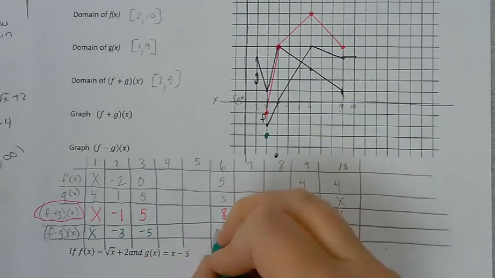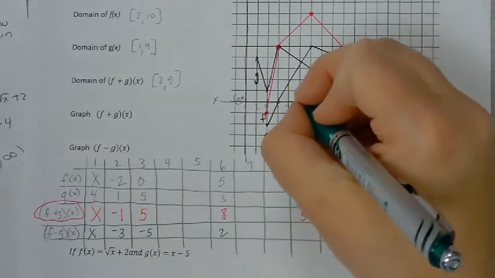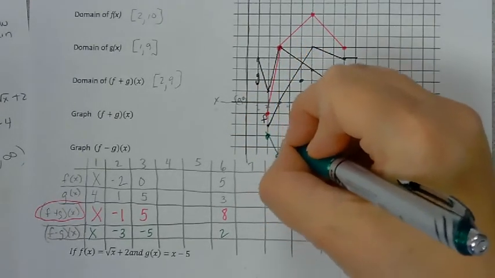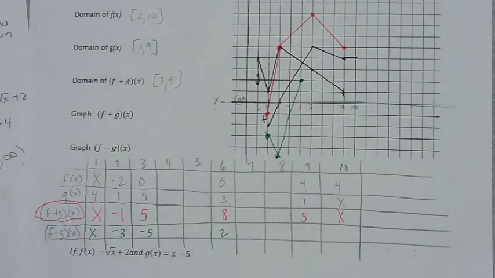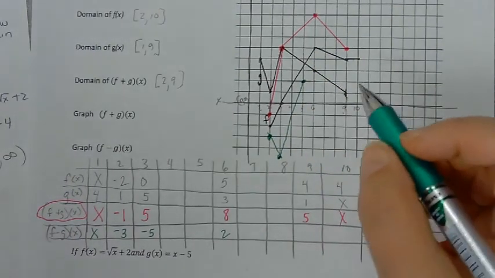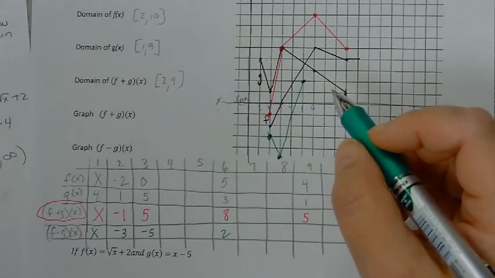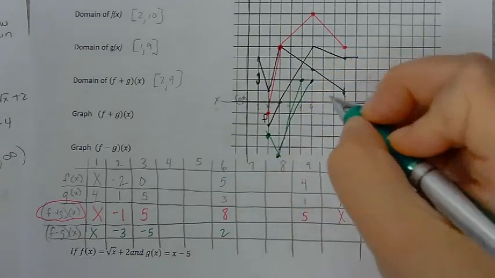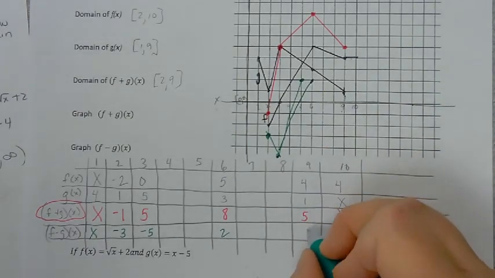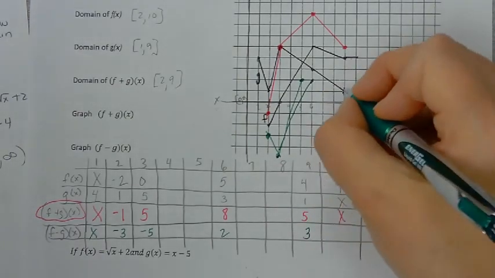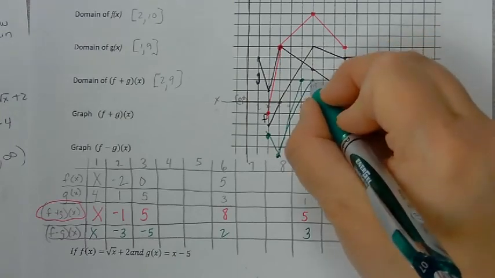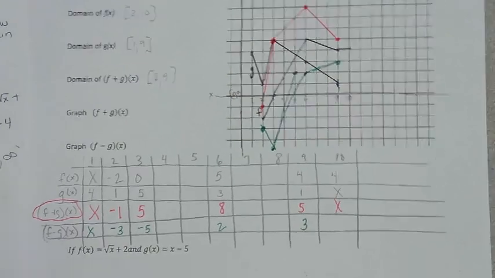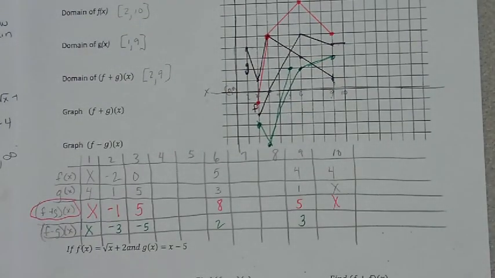At 6, 5 minus 3 is 2. That'll be here. So this one goes down and then back up. Nope, I think I didn't get it over far enough. Should have been right there. And then at 9, 4 minus 1 is 3. So it's going to go something like that. So you can see how making a chart kind of makes it easier to add